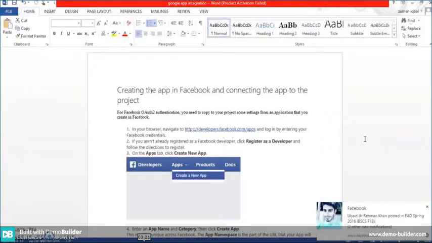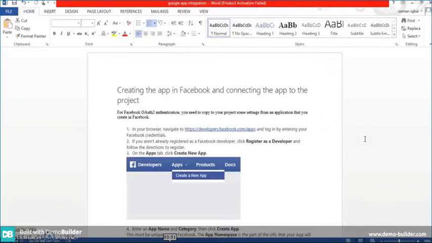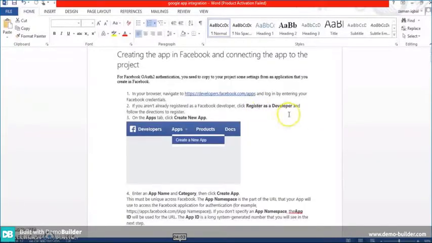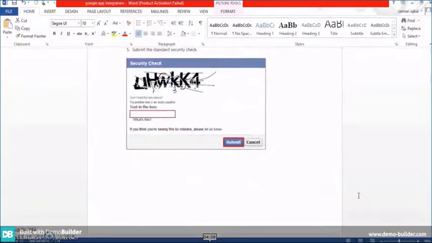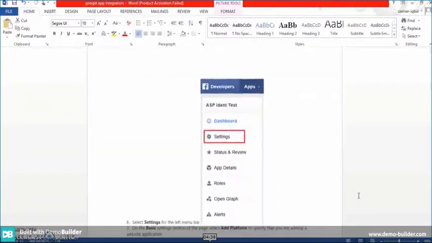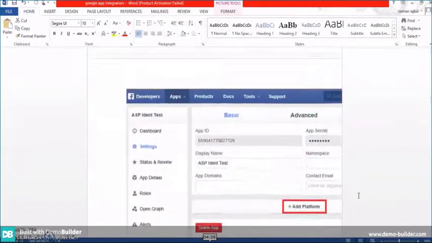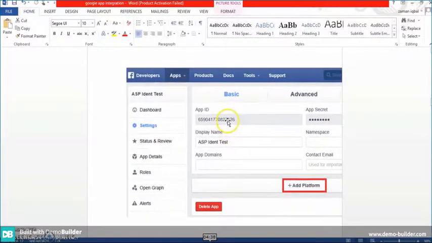From the different directions we have different categories: apps, products, documents. We create a new app, register and create a new app. Here is the display name, that is the name of our app. Here is the namespace, that will be used in the browser. After creating the application, it will set the developer options. It will give us an app ID and app secret that we will use in our code